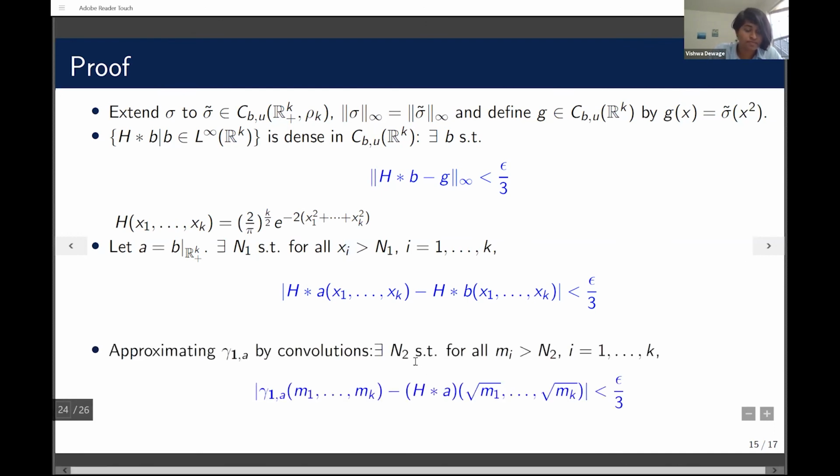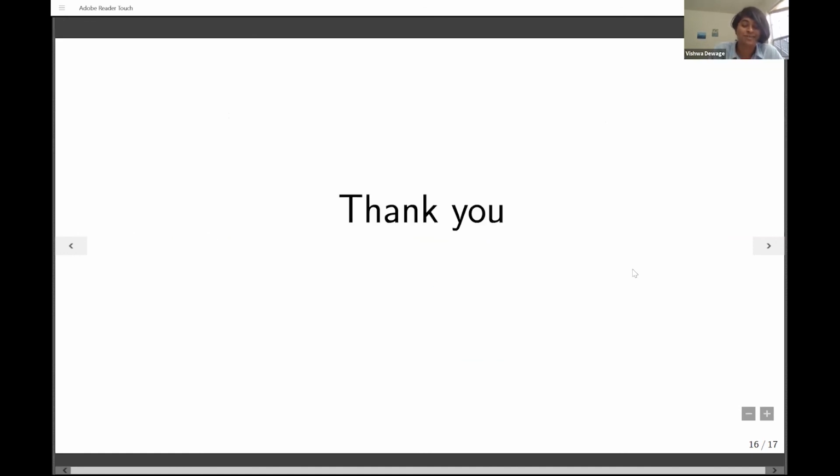The reason that we follow this method is because we can approximate the eigenvalue functions by convolutions with the heat kernel. This is just a property of the kernel of the integral involved here. And then we just put these 3 inequalities together and we get the proposition. So actually I thought I would take more time than I took, so that's all I prepared.